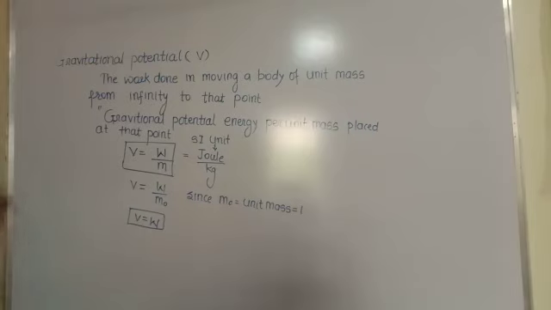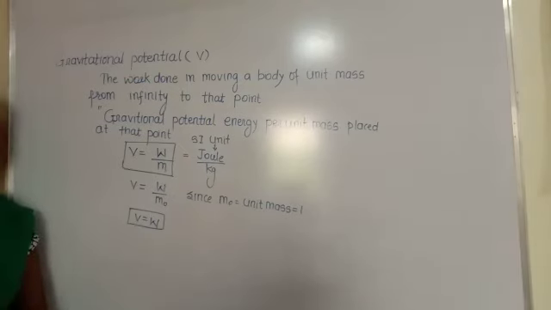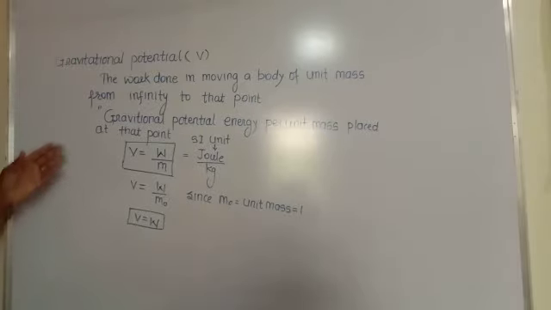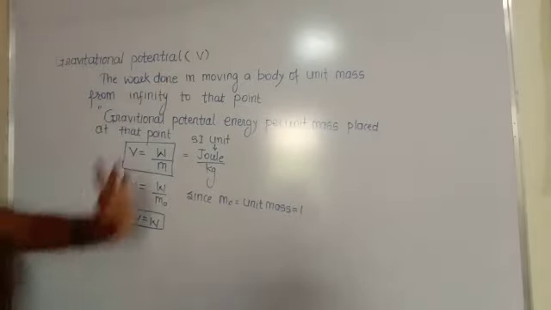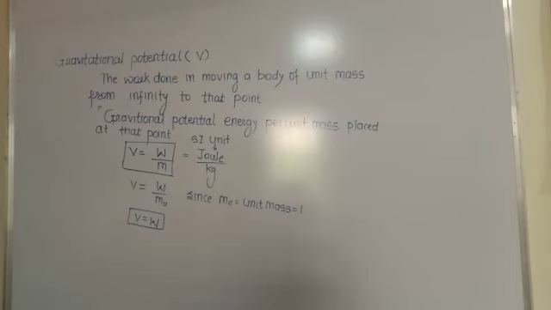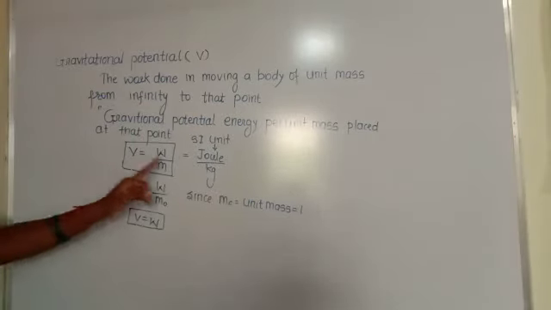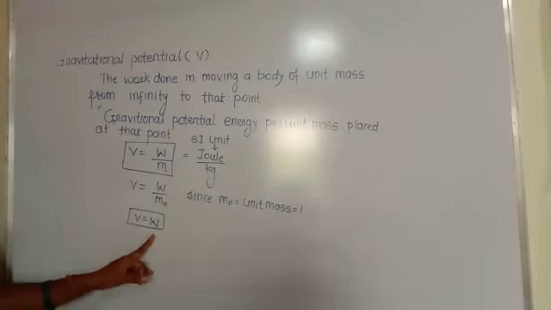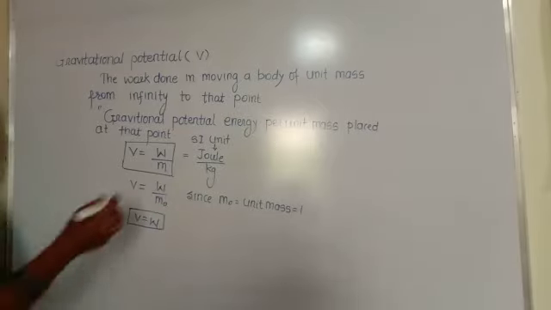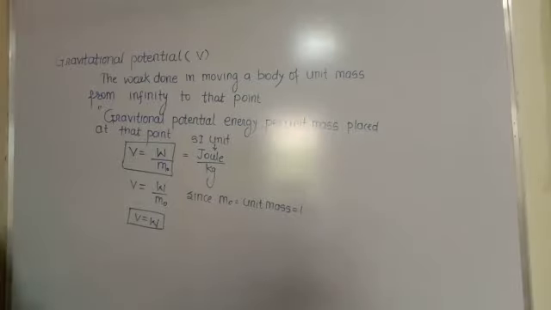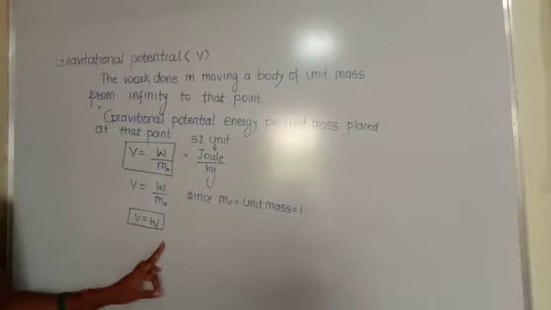Okay. So first is the gravitational field, the space around the body in which the body experiences the gravitational force. The second is the gravitational field intensity, means the force per unit mass of the body at that point. And third is the gravitational potential, denoted by the letter V, the work done in moving a unit mass of the body to that point where the gravitational potential is calculated, or simply the gravitational potential energy per unit mass placed at that point. Its unit is joule per kg, means V is equal to W because this is the unit mass. So therefore we are taking the unit mass as 1. So V is equal to simply the work done.